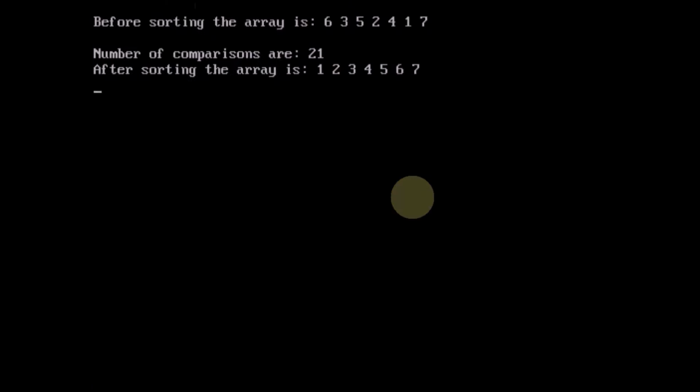So before sorting the array is 6, 3, 5, 2, 4, 1, 7, the number of comparisons is 21, and after sorting the array is 1, 2, 3,